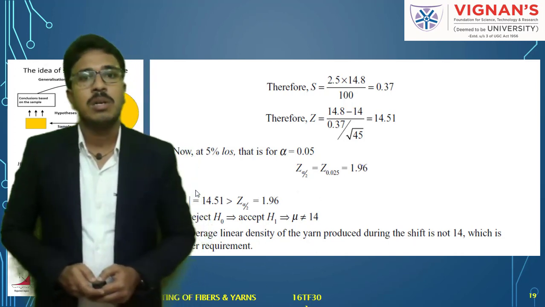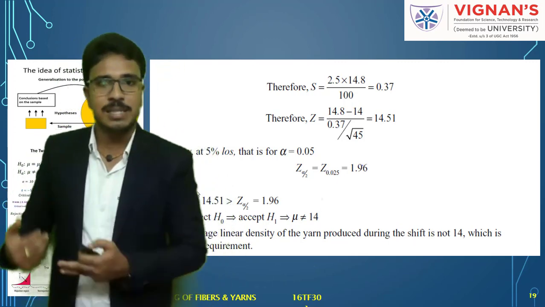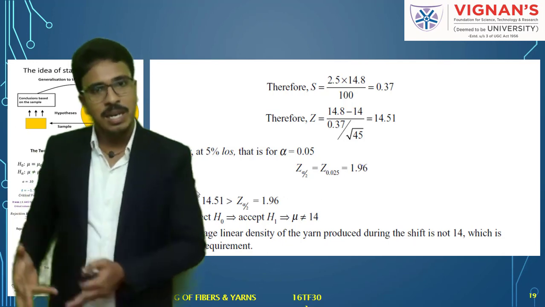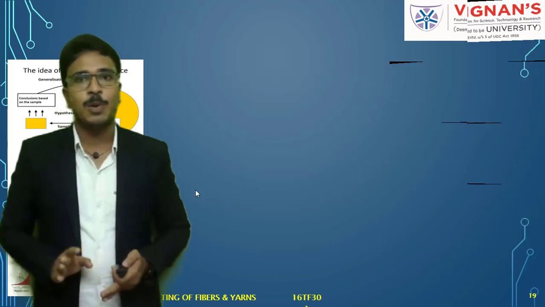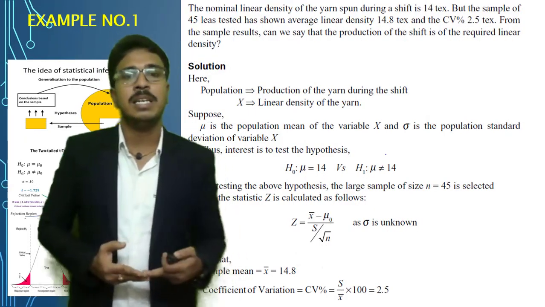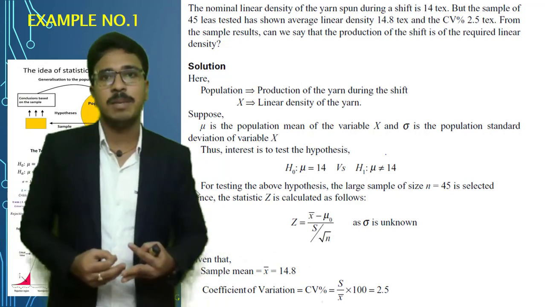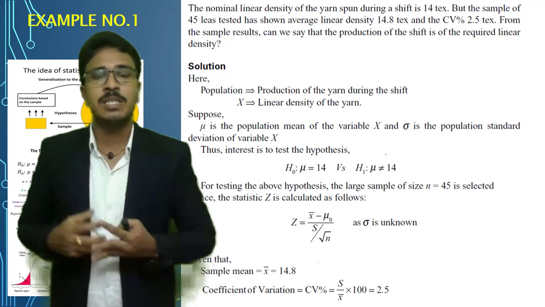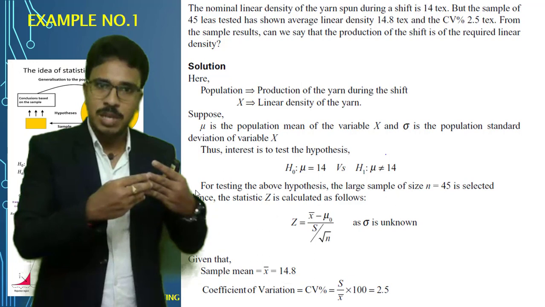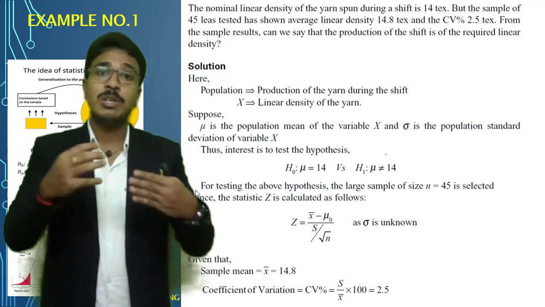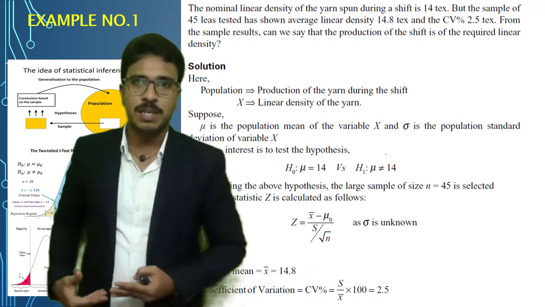Okay. So I hope you understand this problem. And again we are going to see another example, where you can understand even more. So again I am repeating this problem for better understanding. Whenever you are going through a problem, you have to understand the problem first: what sort of information is given, what is the population and what is the sample, and what information is given related to population and related to sample.